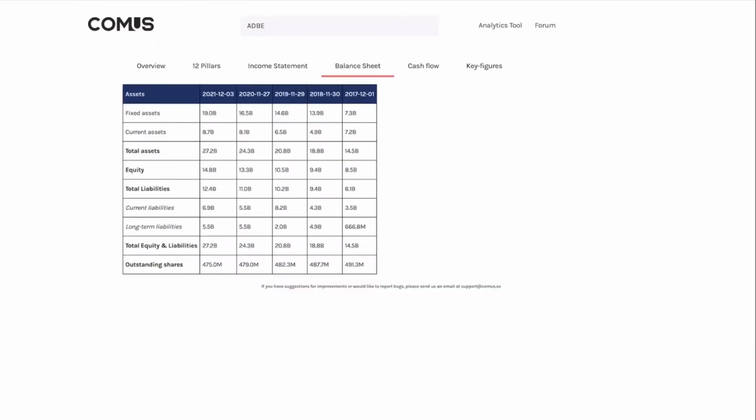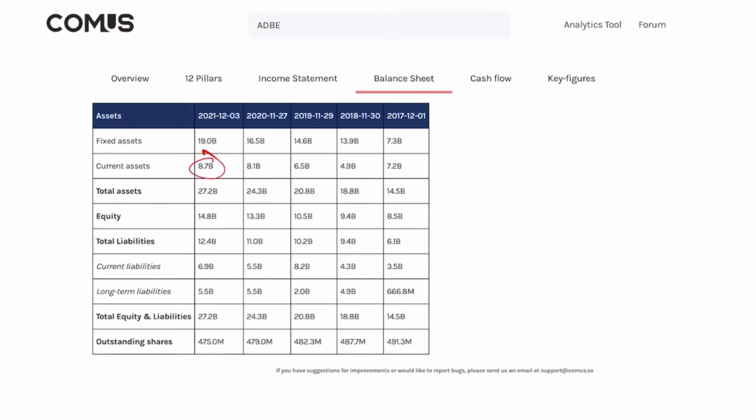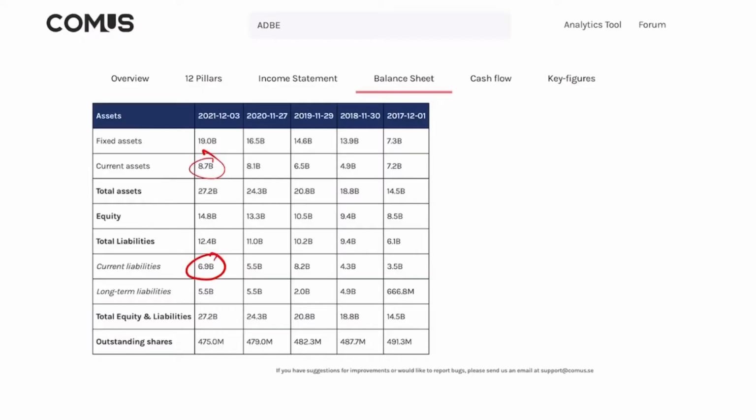What we're interested in here is the current assets versus the current liabilities, and we can see there is a huge difference between the current assets and the current liabilities, and that is a plus. Basically, what this is telling us is that if the company were to convert their current assets to cash, they're able to pay off their current liabilities, but they are far from being able to pay off their total liabilities,